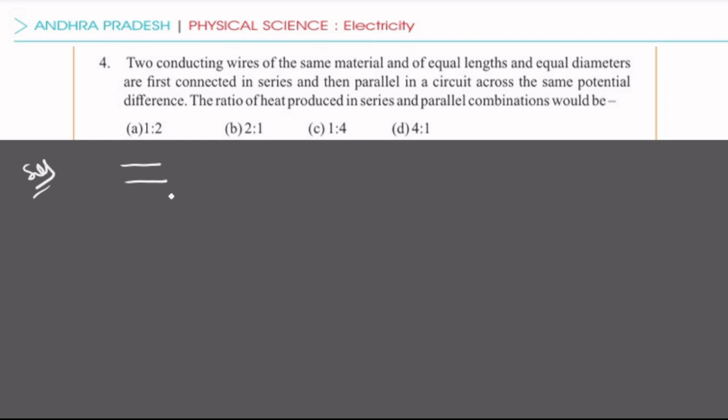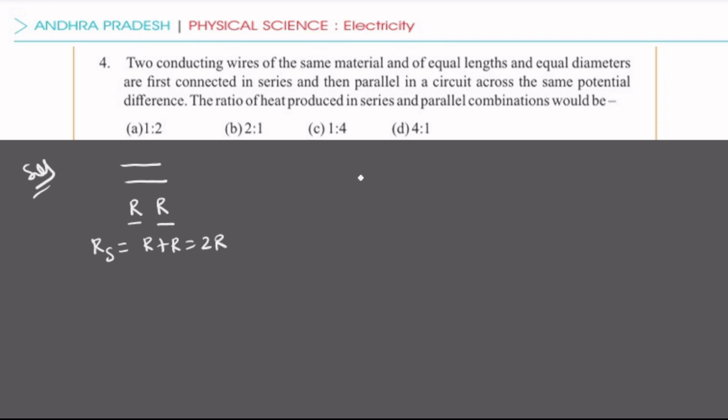So in that case their resistance will also be the same. Now if the first wire's resistance is R, the second wire's is also R. So here they are connected in series. See, if these two wires are connected in series, what is the resultant resistance? Nothing but the sum of the resistances, that is R plus R, we get 2R when the resistances are connected in series.